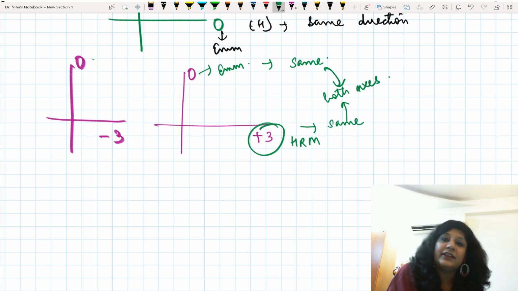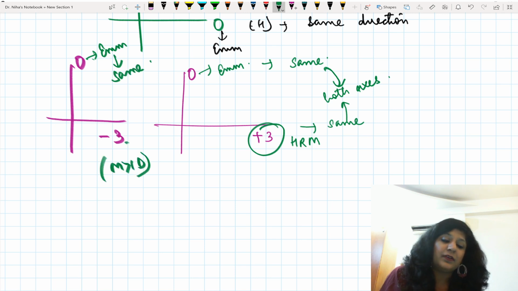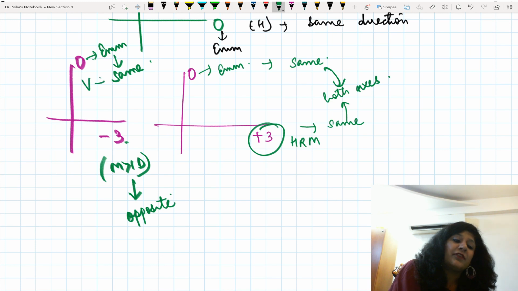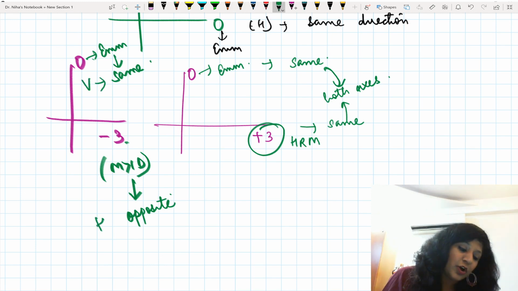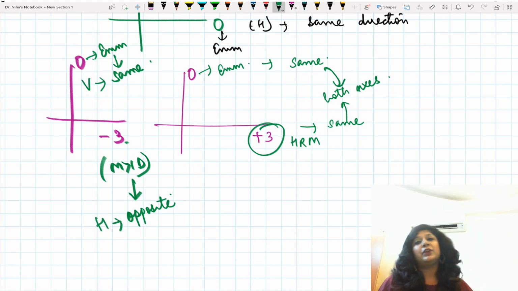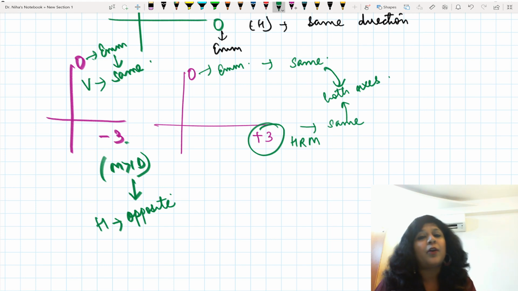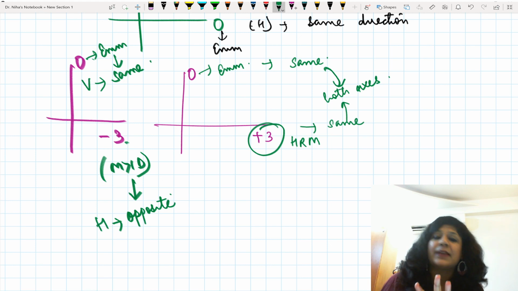While if you see the other option, here one is having emmetropia. Emmetropia means same direction, while another is having myopia more than 1 diopter. That will be the opposite direction. So now I can say that in the vertical axis we will be having the same direction. In the horizontal axis I will be having the opposite direction. So for any combination of the numbers, just remember 3 things: myopia exactly 1 diopter, no movement; more than 1 diopter, opposite; and the rest is the same.